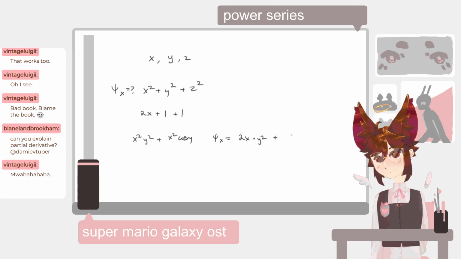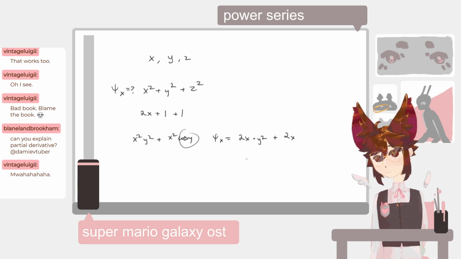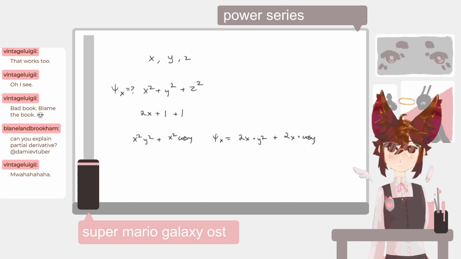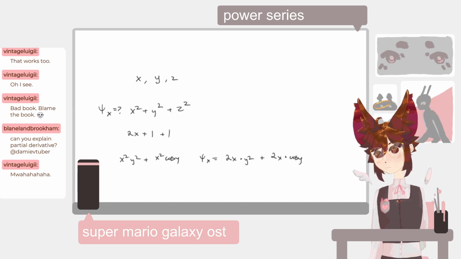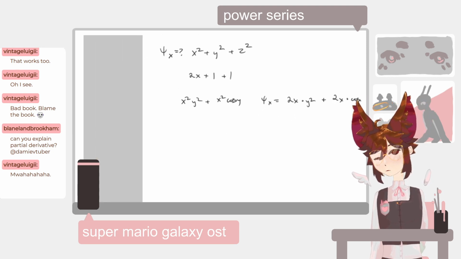Plus, okay, another x squared, 2x. Oh, what's this? Oh, it's a constant. That's just a constant times cosine y. There you go. It can get a little annoying when you have